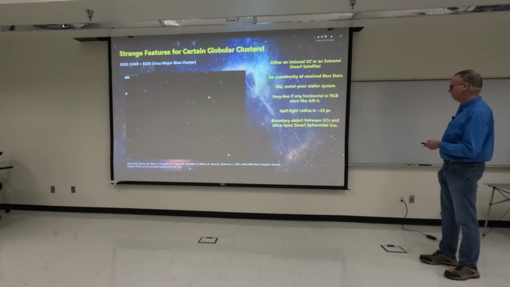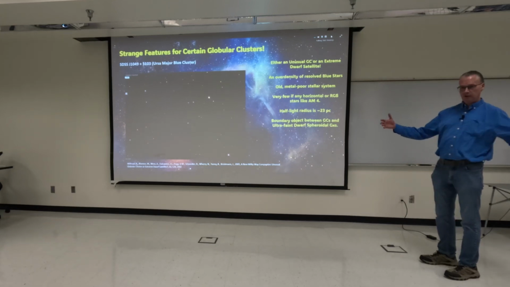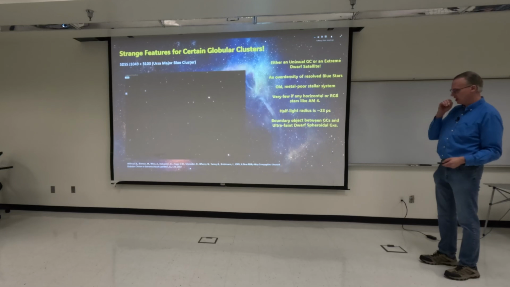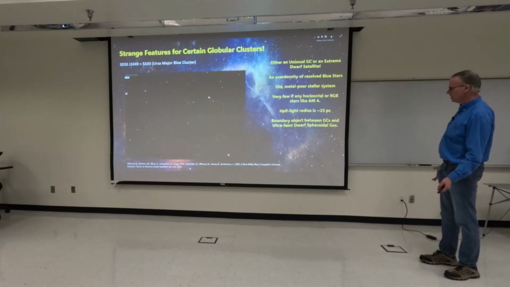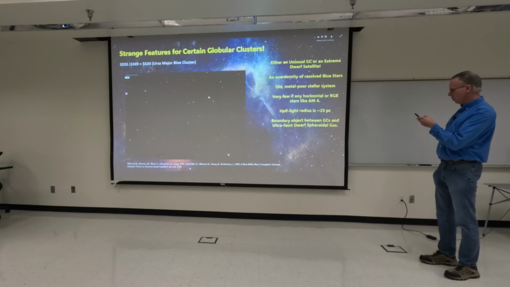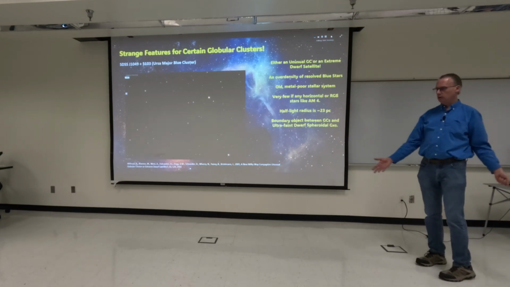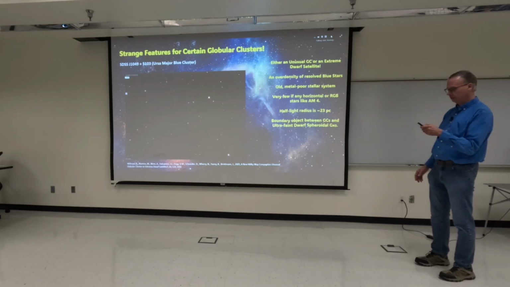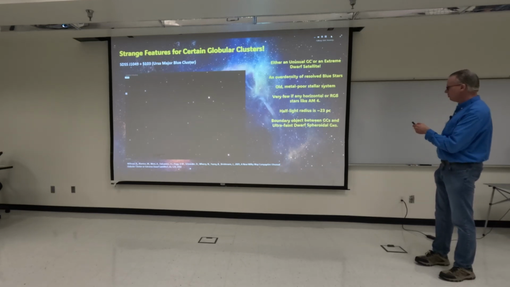globular cluster. The half-light radius, which means that most of the stars are going to be within an area of 23 parsecs, so 46 parsecs across, so that's about 120 light years, still fits with that of a globular cluster. It's an old, metal-poor star system, but it's an overdensity of resolved blue stars. So it's sort of that boundary object between the ultra-faint blue dwarf spheroidal galaxies, these faint little blue dwarfs, these hobbit galaxies, and that of globular clusters.